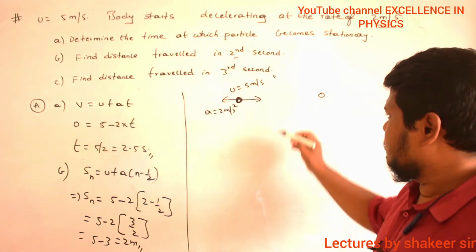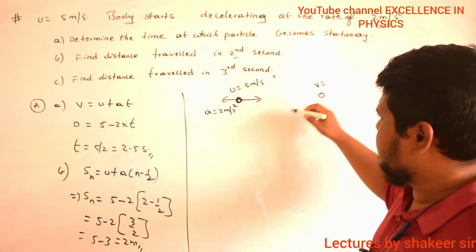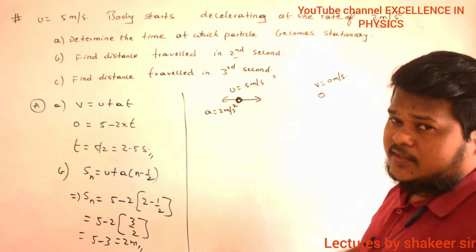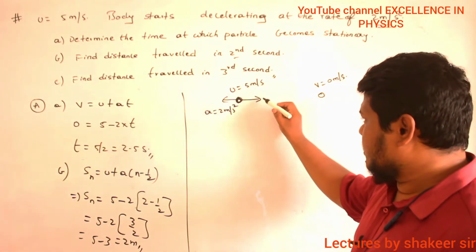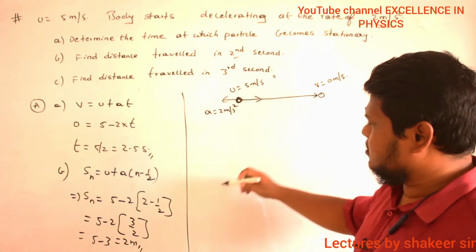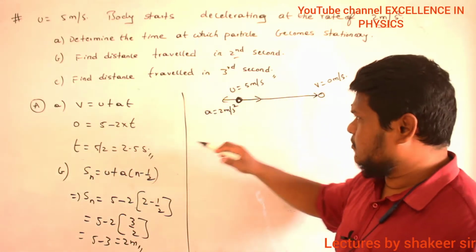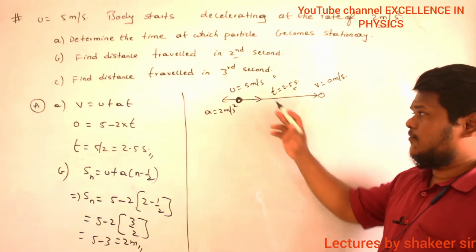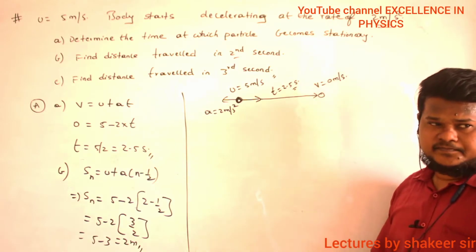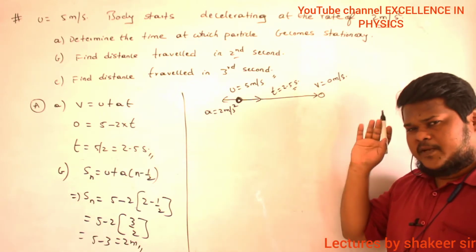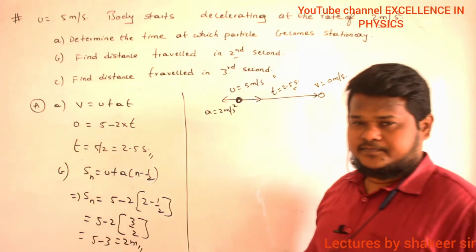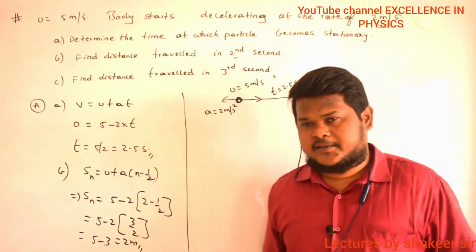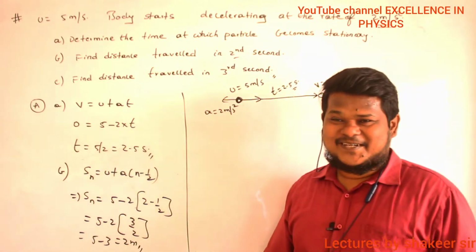Okay. So here its final velocity will be how much? Final velocity will be 0 meters per second. It means here temporarily it is going into rest position. Now what is the time taken to travel from this position to this position? That only I have calculated. Time taken for the body to stop is t = 2.5 seconds. After 2.5 seconds it is stopped. So will it stop permanently or will it not stop? After 2.5 seconds will it stop permanently or not? No. Then what will happen?